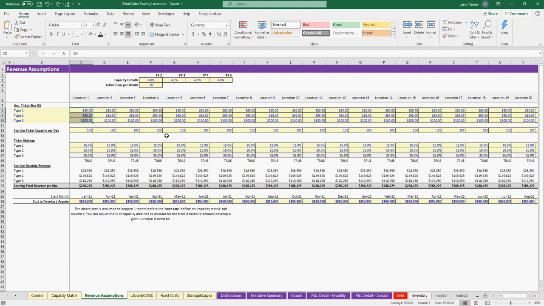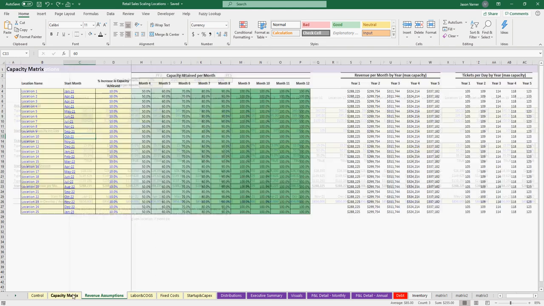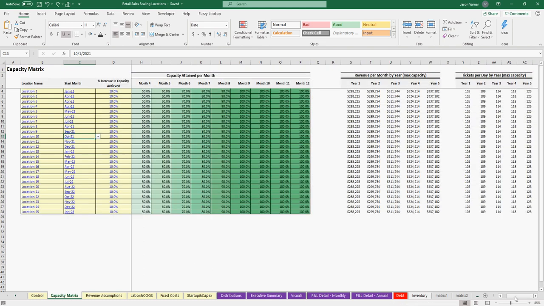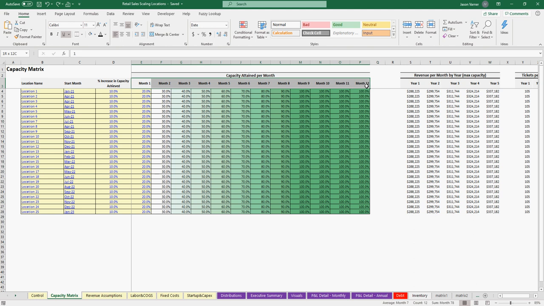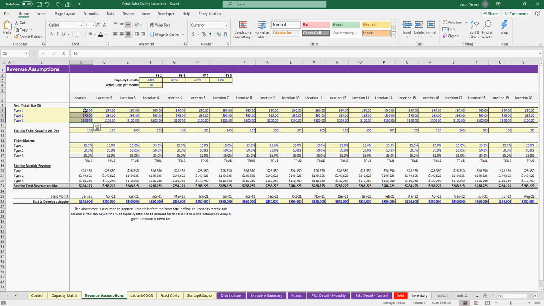So this is how we figure out the starting max capacity, and then based on our capacity matrix, it's going to tell us how much we are achieving over the first 12 months after opening for each location. So average ticket value, ticket capacity per day. We have the days per month up here and the capacity growth up here. Now this capacity growth is going to take the max capacity after month 12 and then grow it. And obviously locations that don't start until year 3 are never going to see a year 5, which is completely fine. And that's why it's dynamic, and that's why we have to do all this in a complex way,